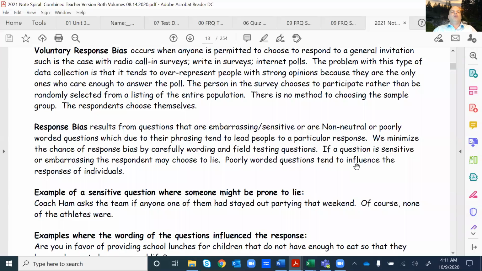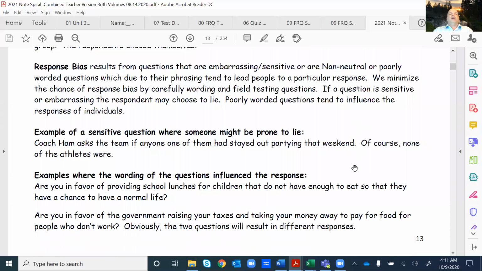Then we have response bias. Response bias is basically when the question or the wording of the question has us give an answer that's not entirely our truthful answer. So either we were tricked into giving an answer that wasn't really our answer because it was non-neutrally worded, or it was a sensitive question and we felt the need to lie. So we minimize response bias by carefully wording and field testing questions. However, it's very difficult to do with